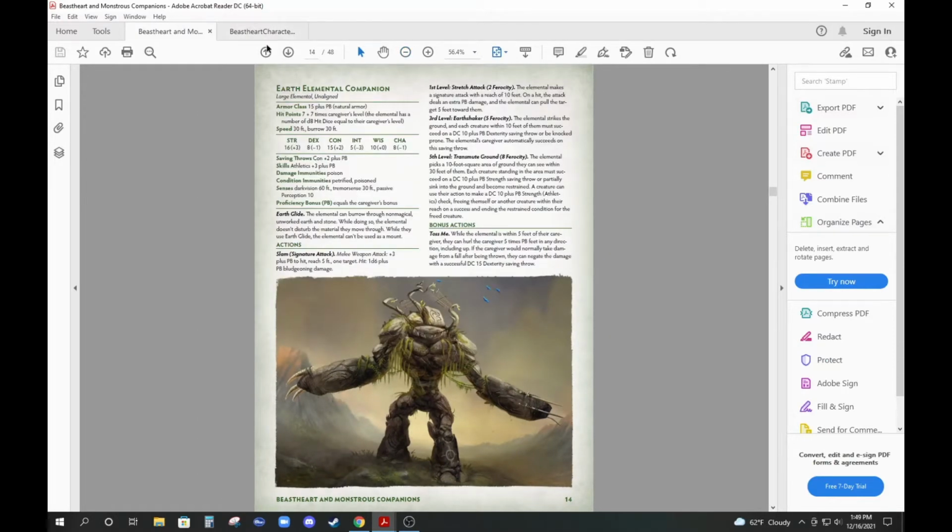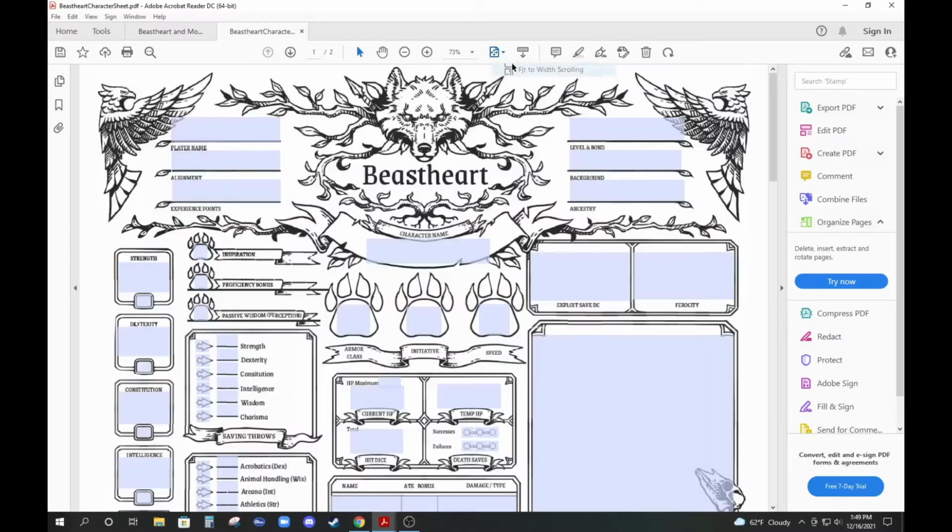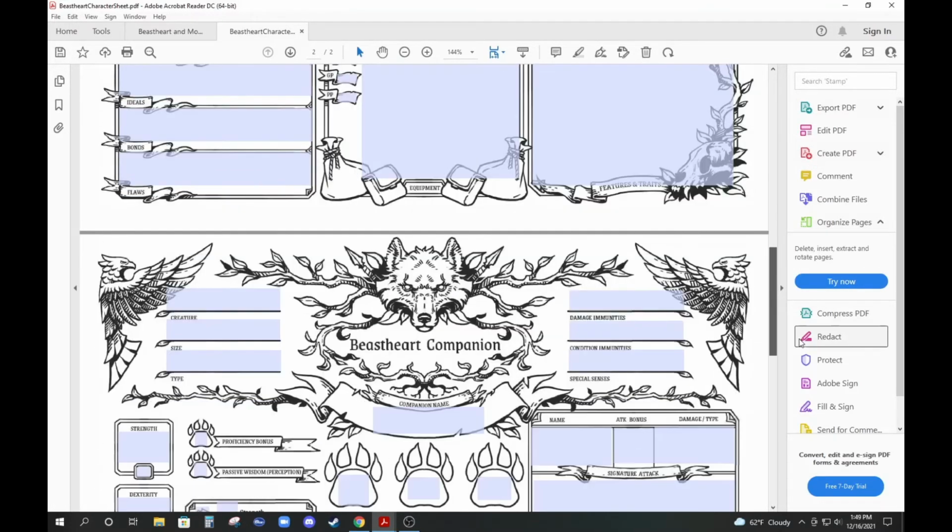So back to the character sheet, we're going to go ahead, and I have decided that I really, really want to make a hill dwarf that is the Beastheart along with the earth elemental companion. And in my head, the